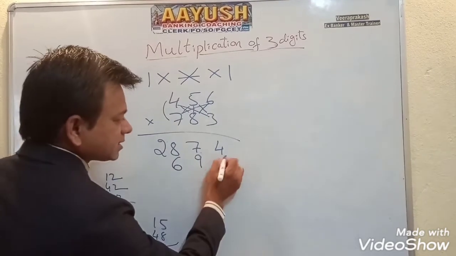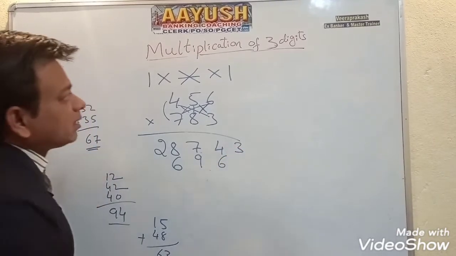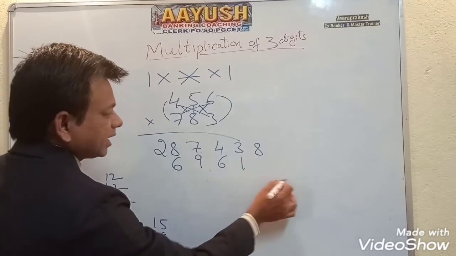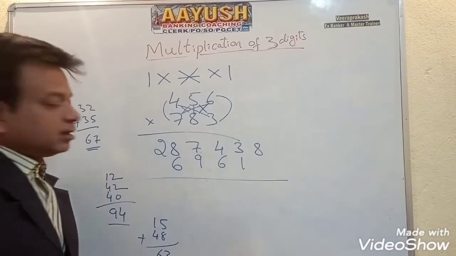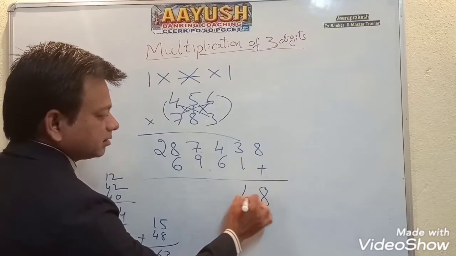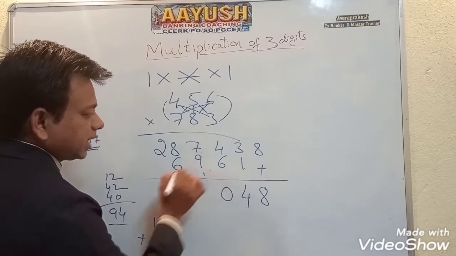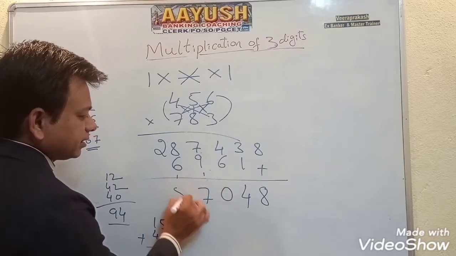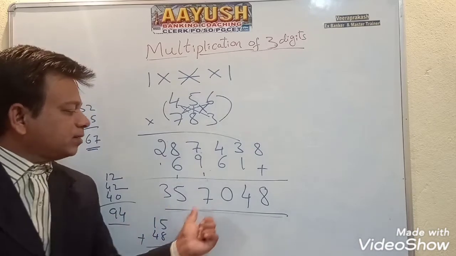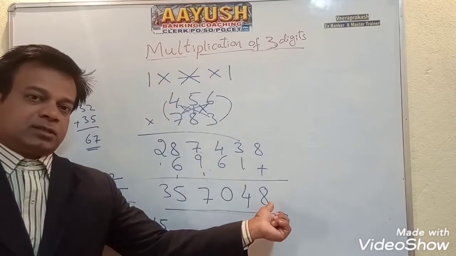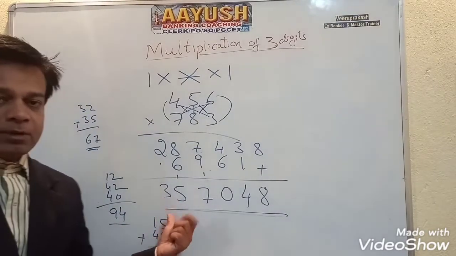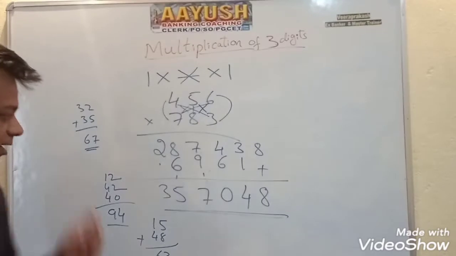So again 6 as carry, 3 here, and the final step is straight away 6 3s are 18, 1 carry, 8 in the main line. Now we'll add all these numbers. 8 as it is, 3 plus 1 is 4, 0, 10, 17 carry 1, 15 carry 1, 3. So this will be the final answer, 357048. Of course, this is the first one, so you will get some confusion, but don't get any confusion.